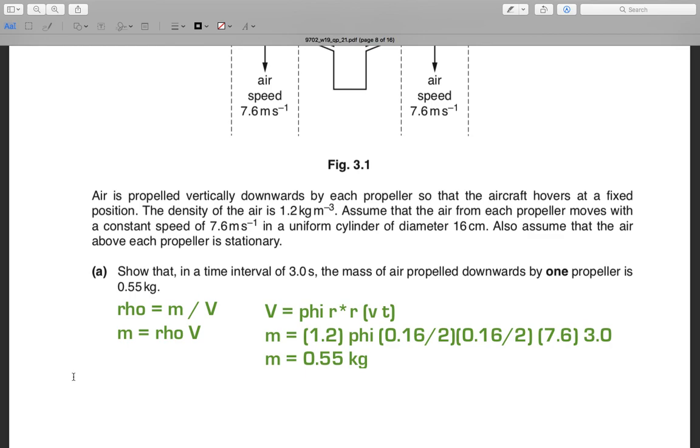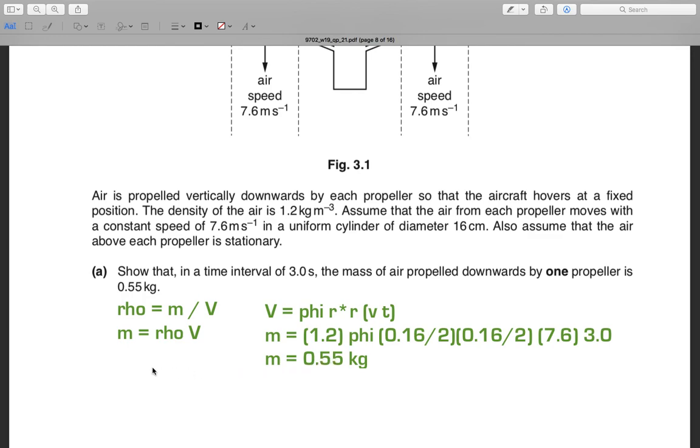So we can say mass is rho times volume. Volume, in this condition of a proper cylinder, is πr², the area of the circle, and vt is the height, or the distance from top to bottom when they have already gone 3 seconds downward. So volume is π r